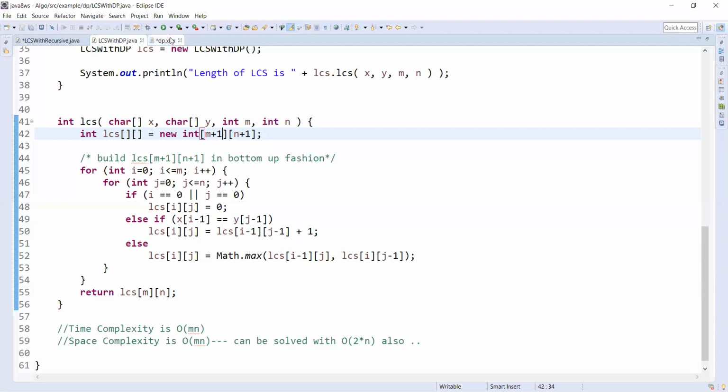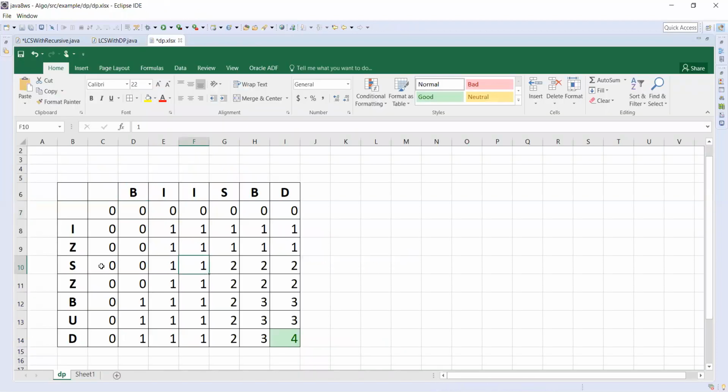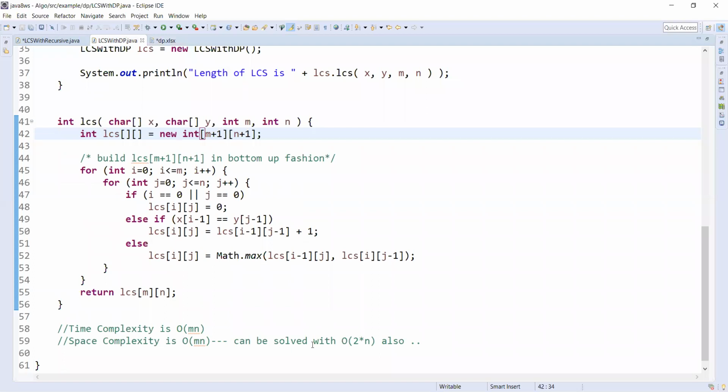For example, if you are somewhere here, you may not need all these values. While calculating this cell, you need the values from the row above and the column before. So the earlier rows and columns can reuse the space. That way you reduce the space by reusing already taken values.